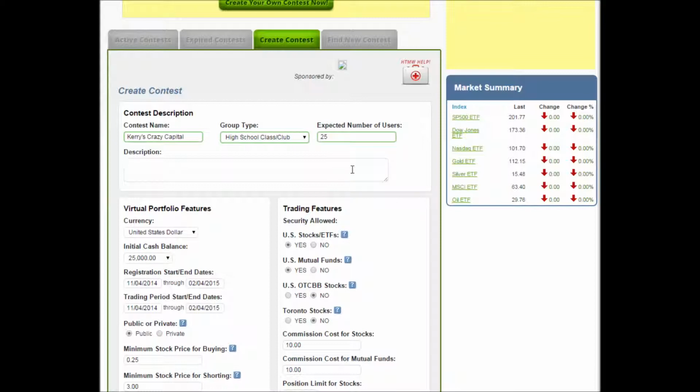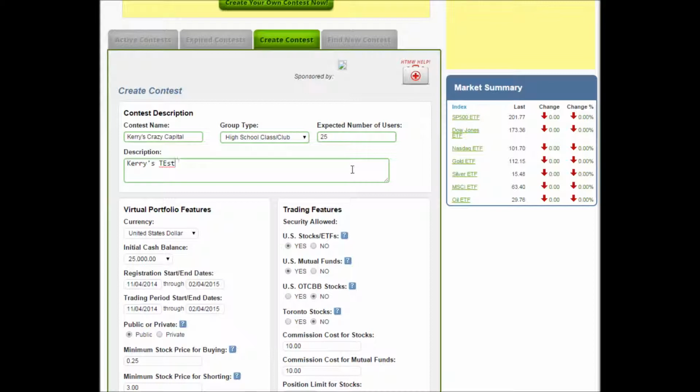This description is to help people find this contest when they're searching for it using our search features or just looking for it in the Join a Contest page. So I've just put something in here that's easier to remember and it's easy to narrow down which class this is compared to all the others out in the